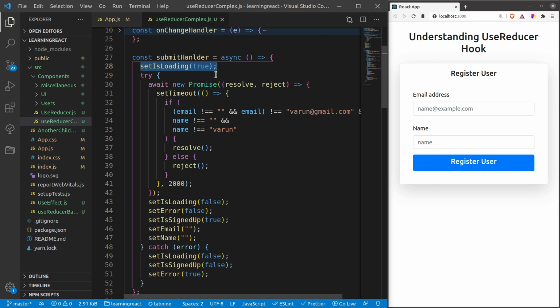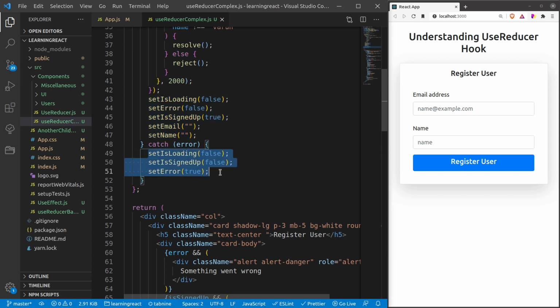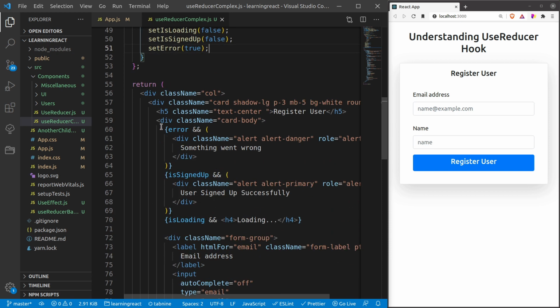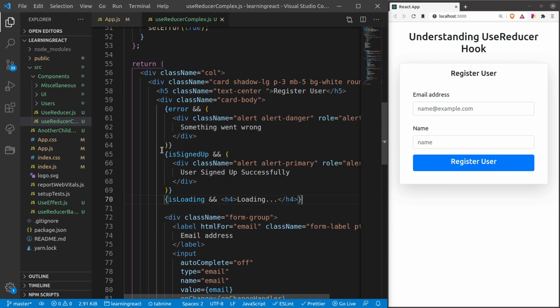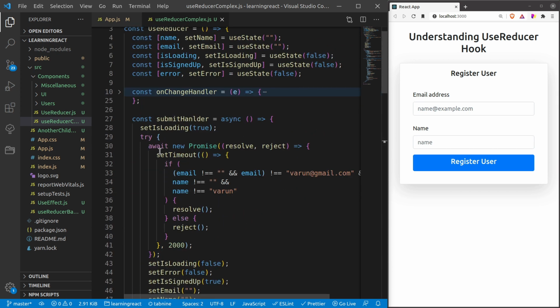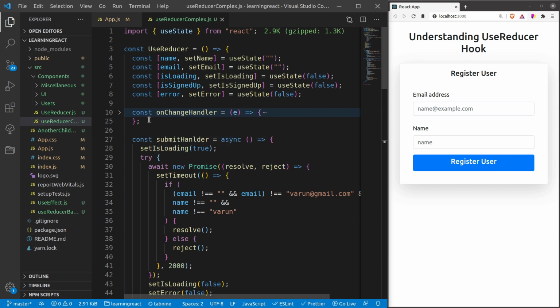I have to handle loading, I have to handle the success scenarios where I am setting multiple states. Similarly, if there is an error, I am handling multiple states. Apart from that, this is what I am doing. I think this is the most basic thing, but there are many things which I am doing at this moment. So now, from here, I can sense that I am adding complexity.